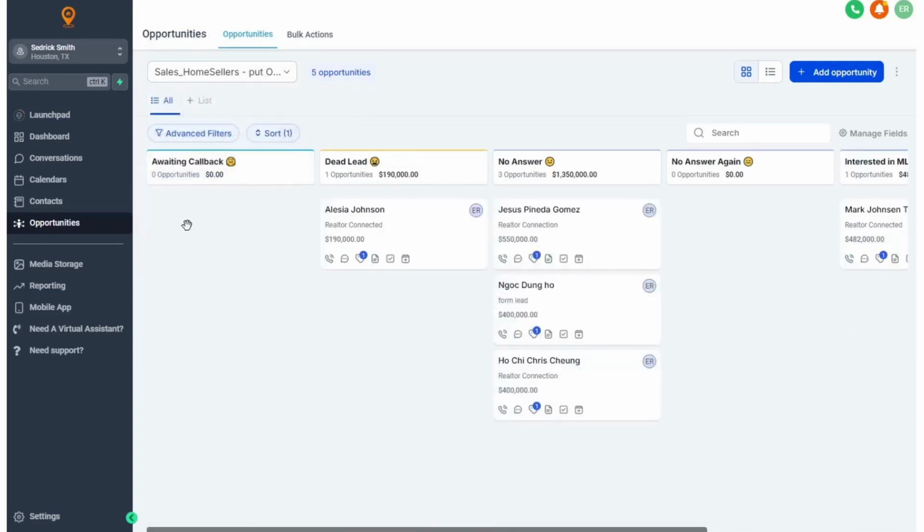The thing about the home sellers is that anybody who gets here on a waiting callback has already been spoken to, whether by our investment team who was looking to get an investment deal from these guys and it's just not going to work out, or they need to sell at retail value, whatever the case may be. We're going to send them here. So once you get a lead here, most likely,